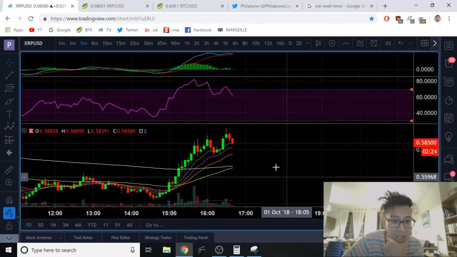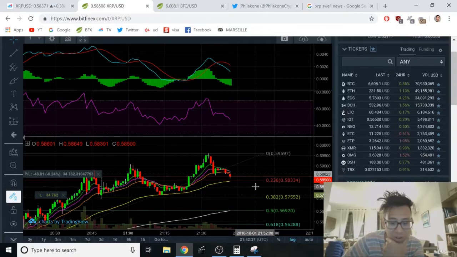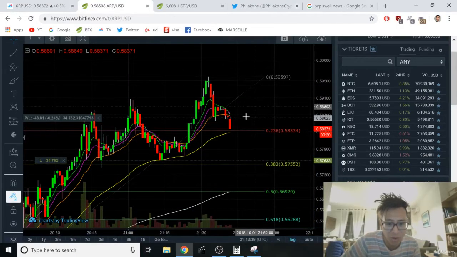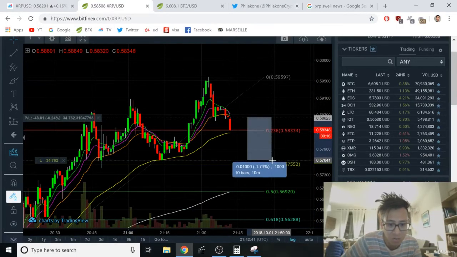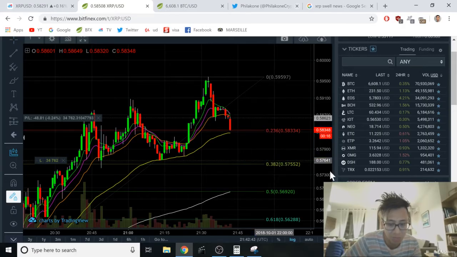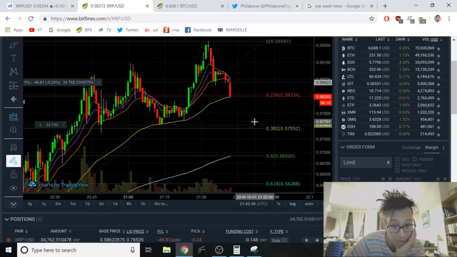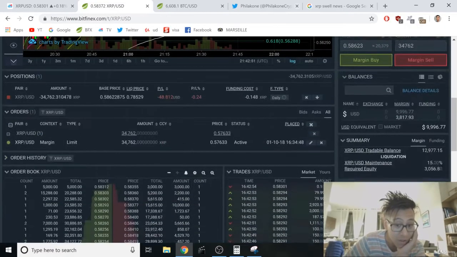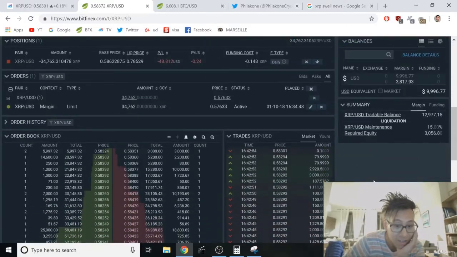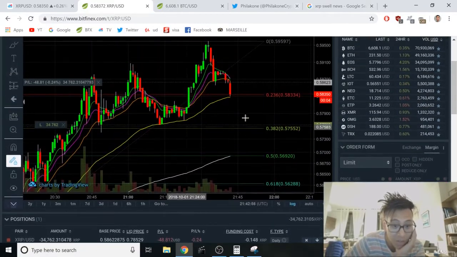All right, Philicon's going to be in very good profit here. I'm going for a 382 fib structure right here. Going to 1.73 on a $20,000 position. It's going to be a $340 payday. Easy for Philicon. I'm going to close it at the 7.6 level, maybe a little bit higher than that actually, because I'm not too